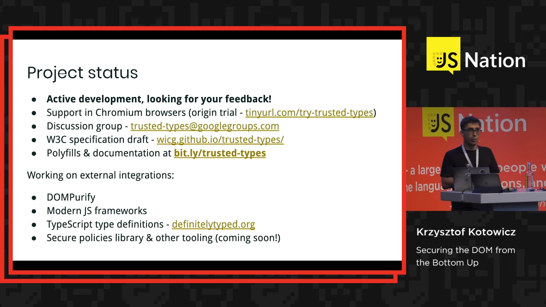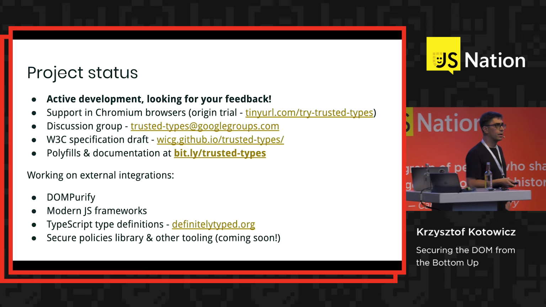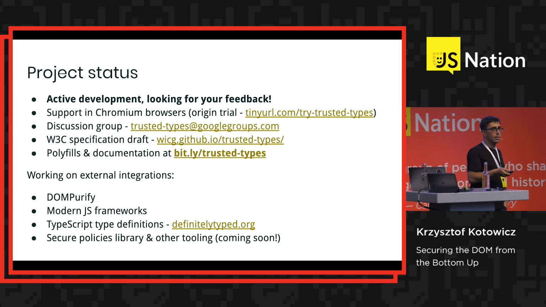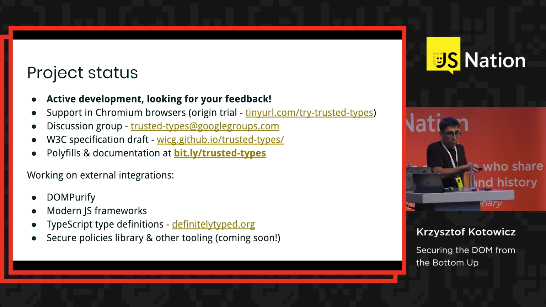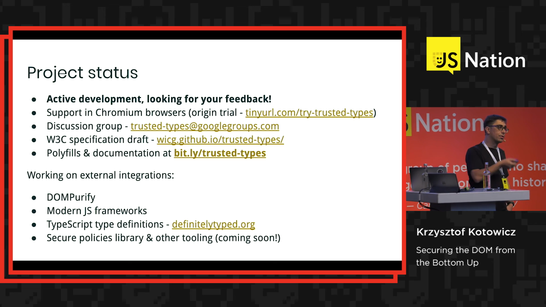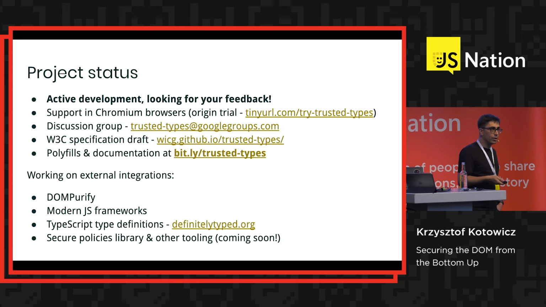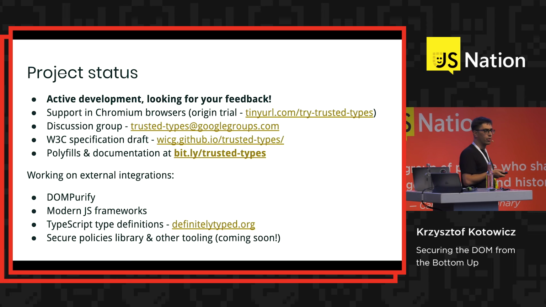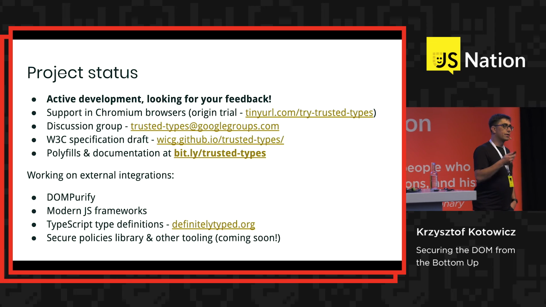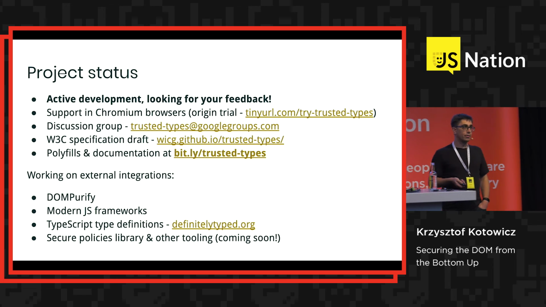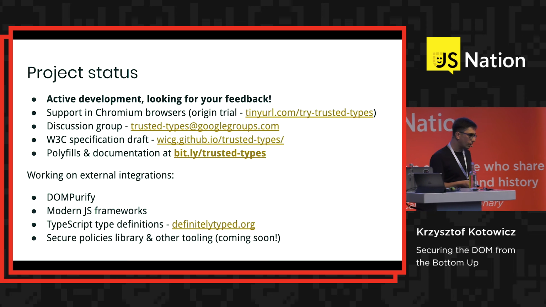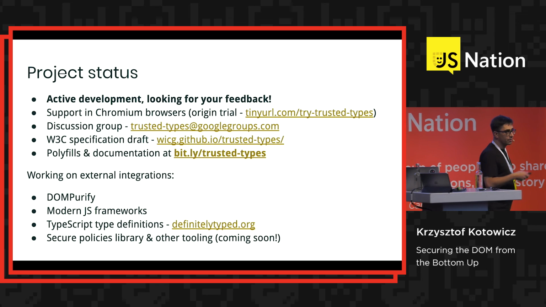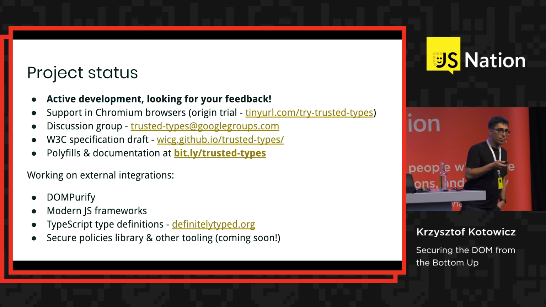This API is supported in Chromium browsers since a couple of versions already. It's behind the origin trial, so you either have to use a command line flag or participate in the origin trial to get the support of this API, but we do intend to have it in the mainline Chrome, possibly Q4. There's a discussion group, there's a specification draft, because obviously this needs to be part of the whole W3C HTML spec. We have polyfills for other browsers, there's an extensive documentation, and we are right now in the stage